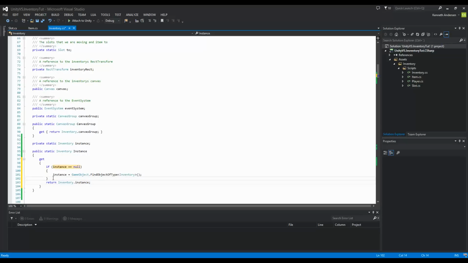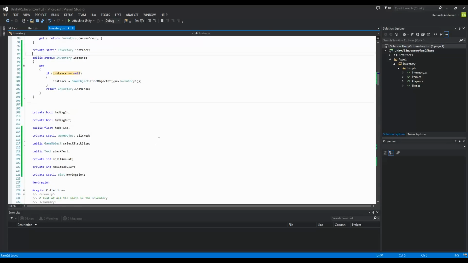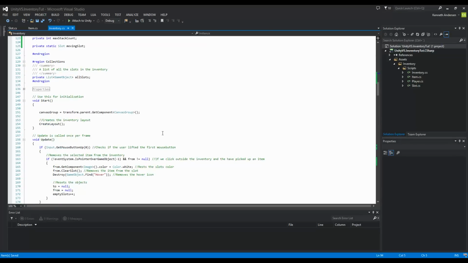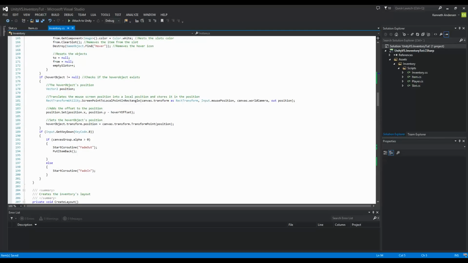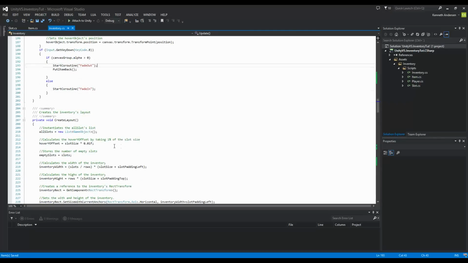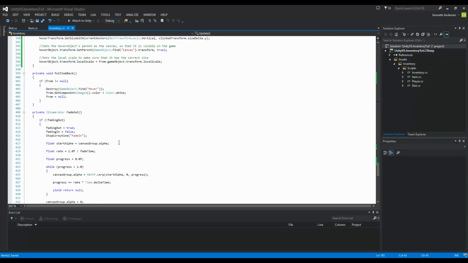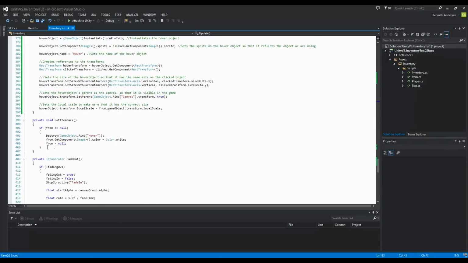and then I'm just going to return the instance. Before we're going to use the singleton, we actually need to add one more function, because whenever we click on a slot and want to split it, well, then we need the slot to tell the inventory how many stacks it has on it and what's the maximum amount of items we can remove from that specific slot. So to do that, we need to create a new function, and I'm just going to call it set stack info or something. So just create it in the bottom somewhere before your